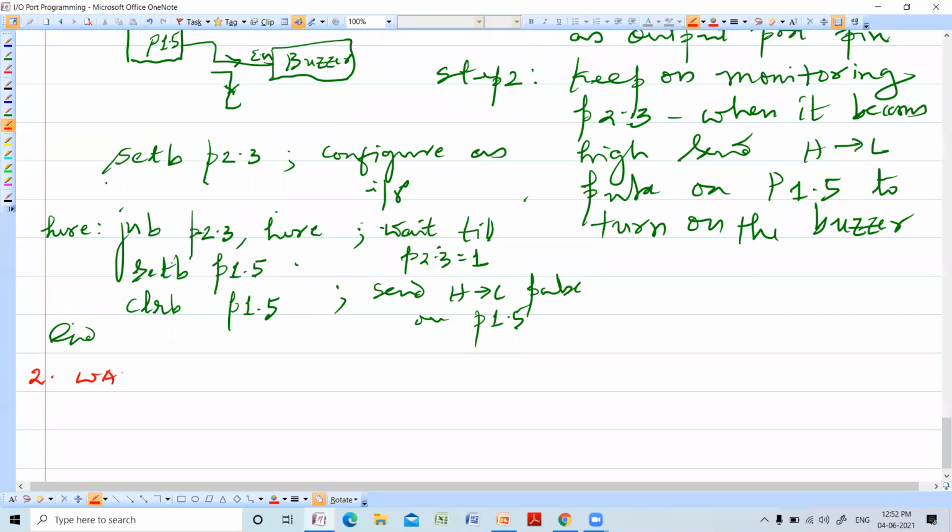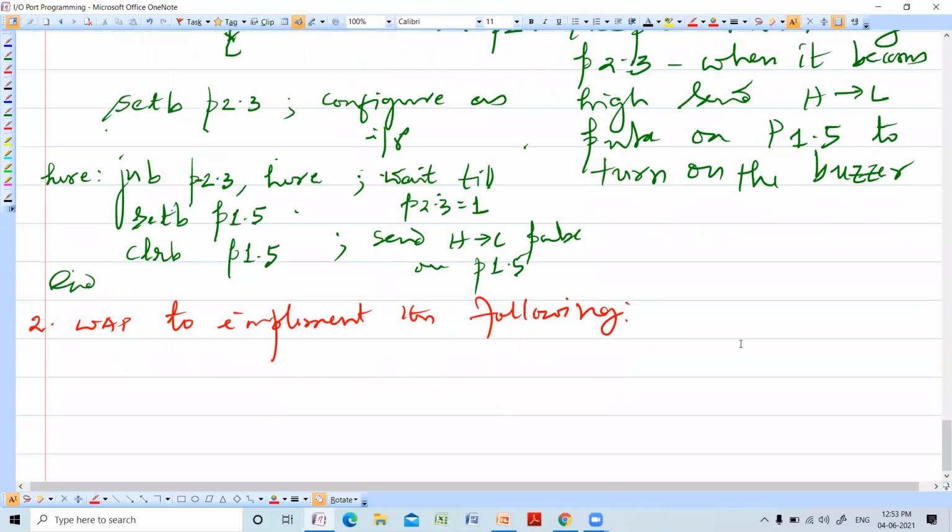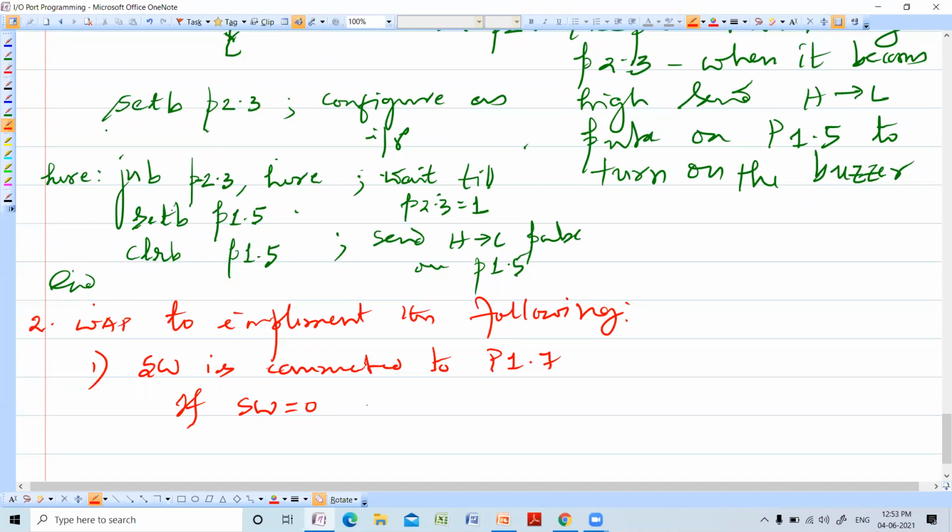So next problem. Write a program to implement the following. What is the data there? Switch is connected to P1.7. If the switch is 0, send no, that is N, on P2.